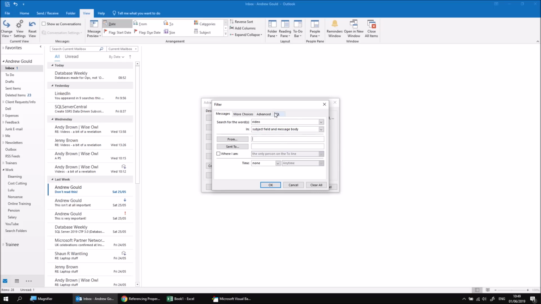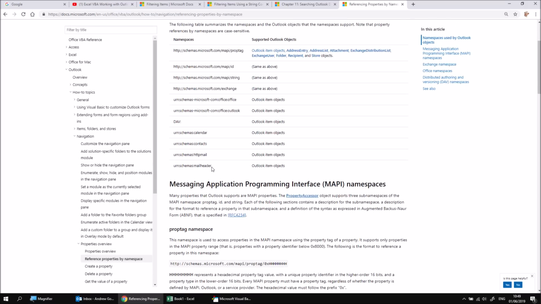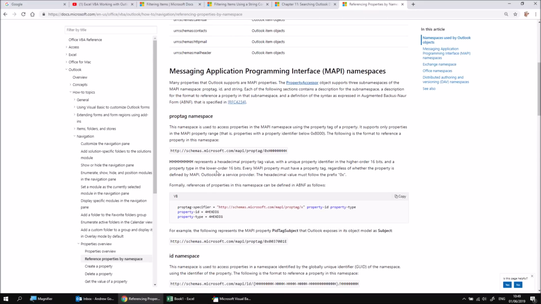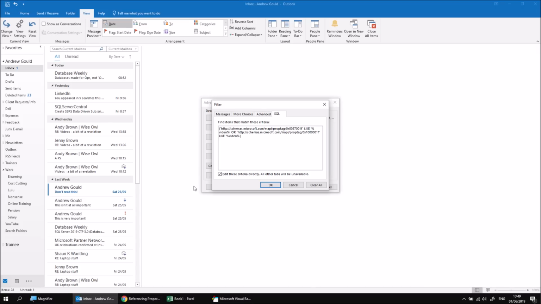If I then just have a look at the SQL page, I'll see that it's already constructed a quite complicated filter string for me. It uses a different schema this time. It's using hexadecimal codes for referencing the individual properties within a different schema altogether. Again, you can reference or have a look at the names of these schemas. So it's using this one, the prop tag schema in the MAPI namespace. Again, you can have a quick read about how these work in this page of the dialog box. The great thing is you don't really need to know an awful lot about how they work in order to build them. You can just use this dialog box to construct it and then just copy and paste it directly